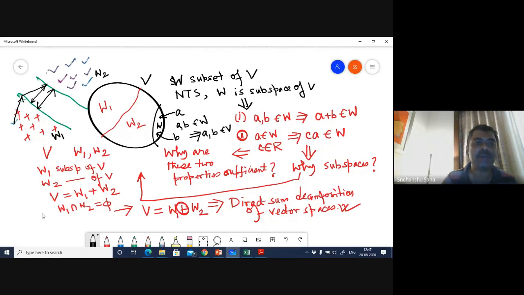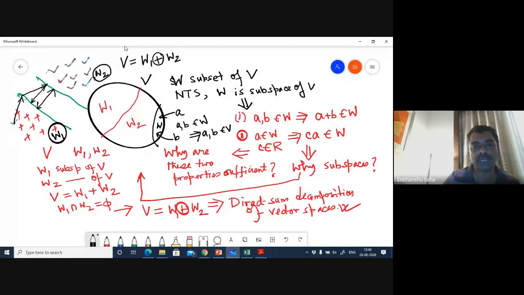Since you have separated W1 and W2 by a large margin, theoretically speaking, the intersection between W1 and W2 should be null, correct? And you can say these subspaces W1 and W2 are orthogonal to each other, in the sense that elements in W1 are perpendicular to elements in W2. Therefore, you can write a vector space as a direct sum of W1